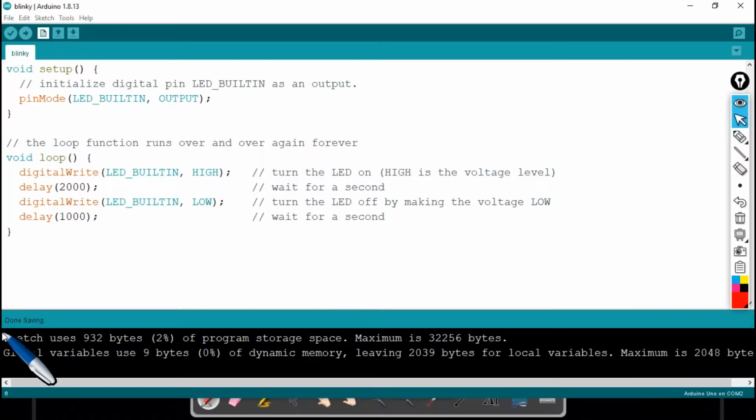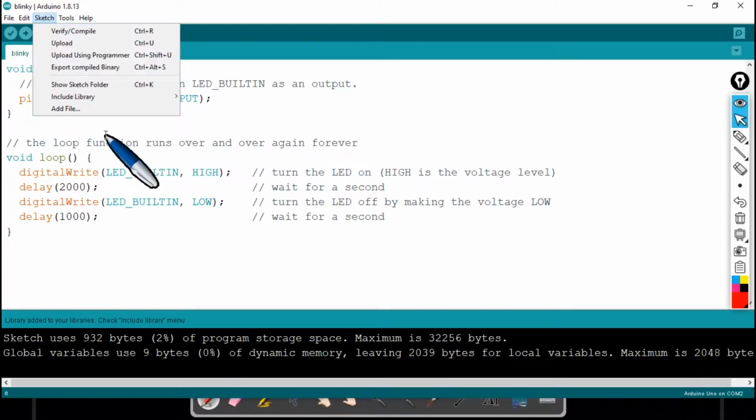And after doing that, I can clearly see this Arduino IDE returns an acknowledgement that the library is added to your libraries, and I can also check that library by hitting on the Include Library menu. So that's the confirmation message by which I can get to know the library has been successfully added.